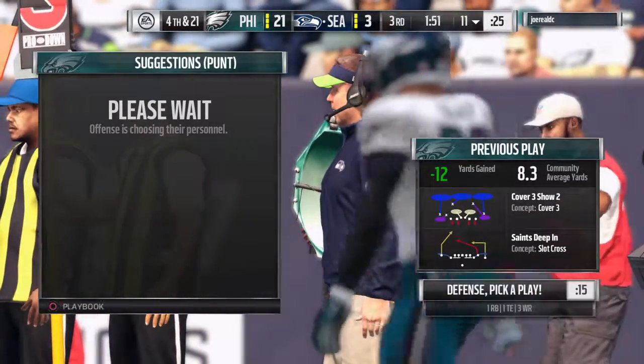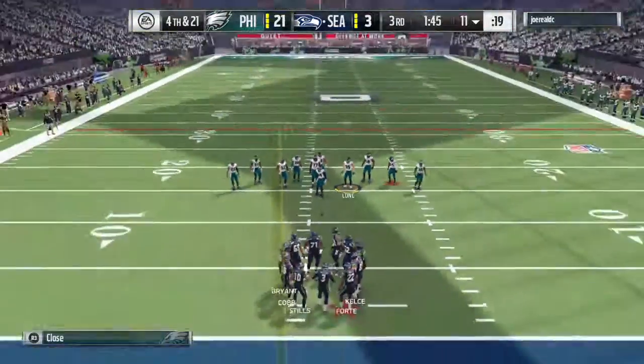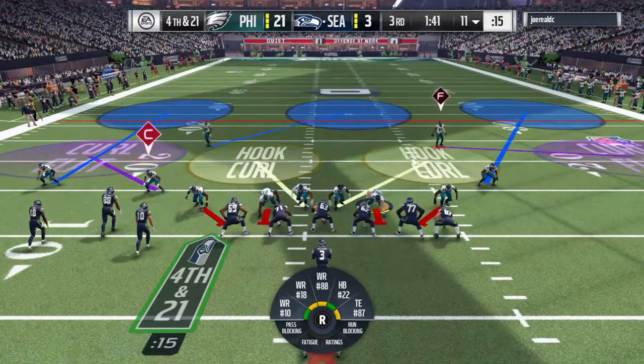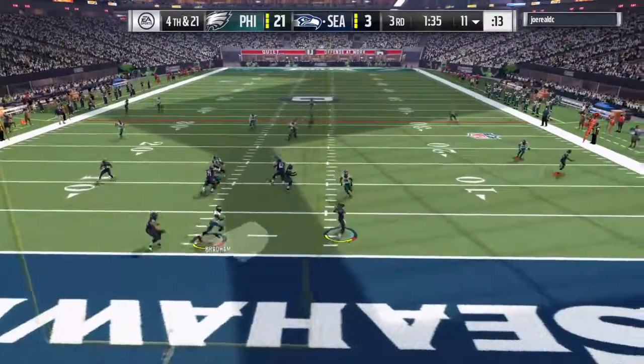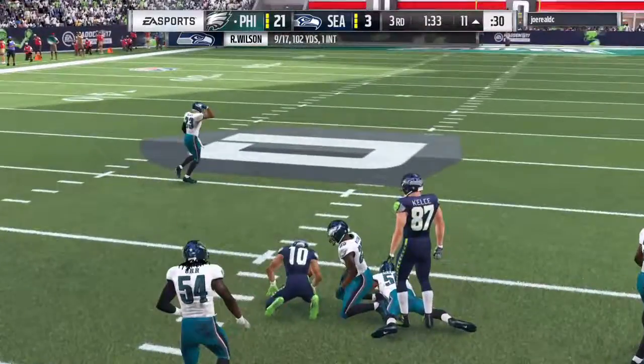Boy, he came in off the edge so quickly there. Look out, because that's exactly what was being shouted by the offensive lineman to his quarterback because he had no chance to block him. They'll indeed go for it with Wilson. Deep drop. And it is incomplete. A surprising...